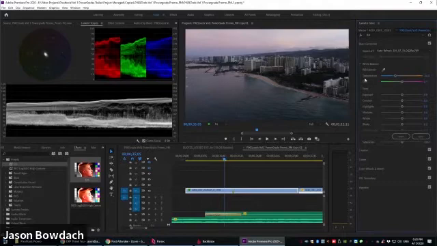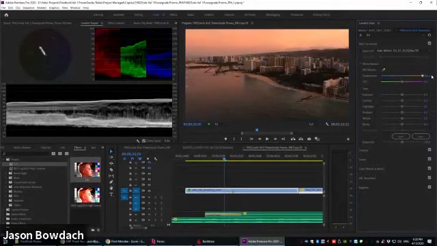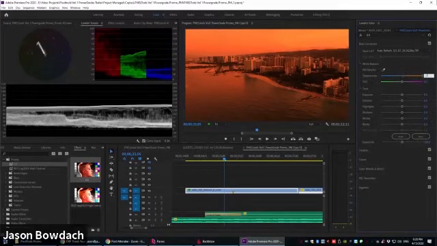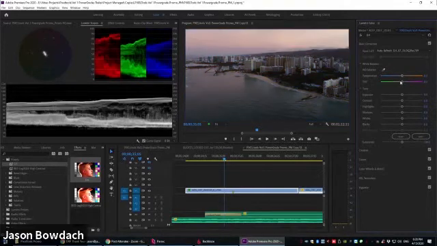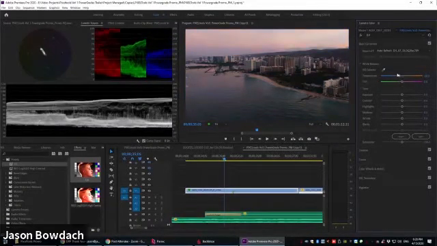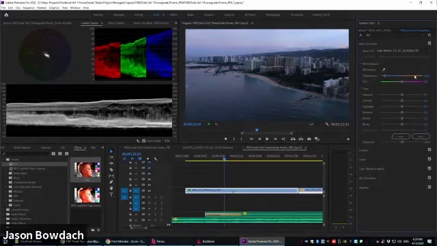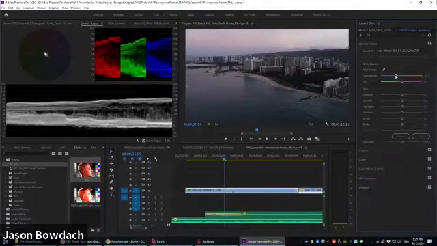Now most people don't really use the temperature control too extreme, but just a neat tip, you can actually take the temperature control way more than 100 if you type it in manually. So if I wanted to, I could take it to 300 or negative 300. Not that you commonly want to do that, but you can really take it to an extreme if you want to set a very Blade Runner 2049 look like that. Another thing you can also do, if you don't want to drag it, is just pick and point to where you want it to be. So I'm going to try and balance it right about there.